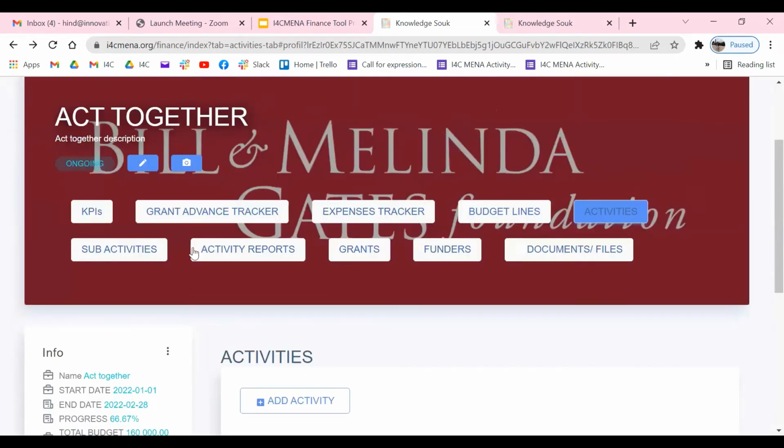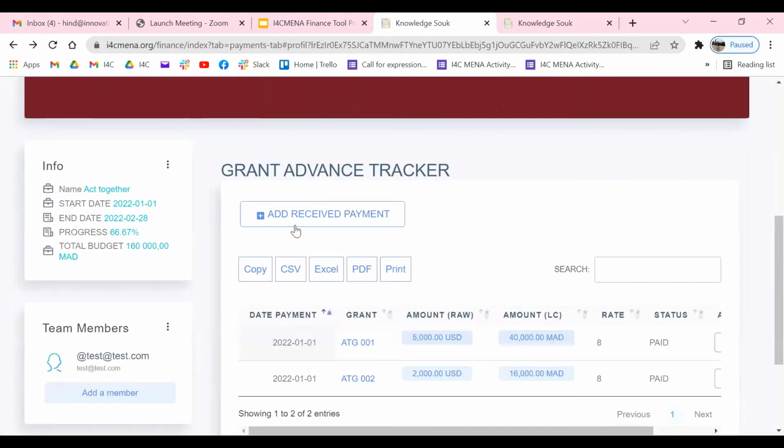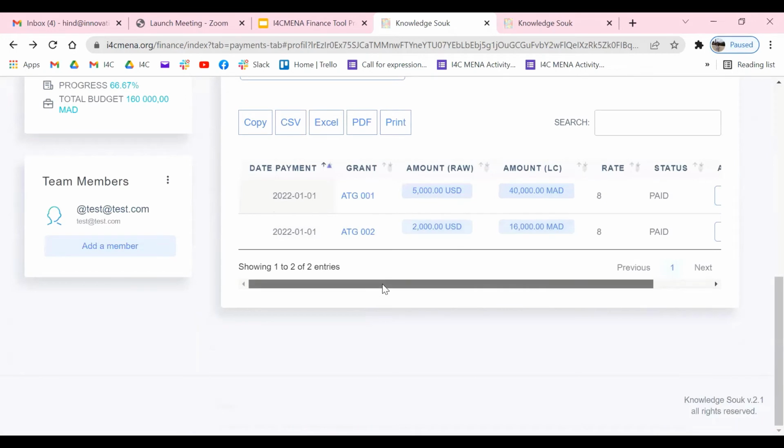Before starting incurring costs, we of course need to include or record payments received or advances. So we can do it directly from here. Here is the special button to add a new payment or a new advance. Also, same thing here, we have a summary table for all advances received as part of this project.